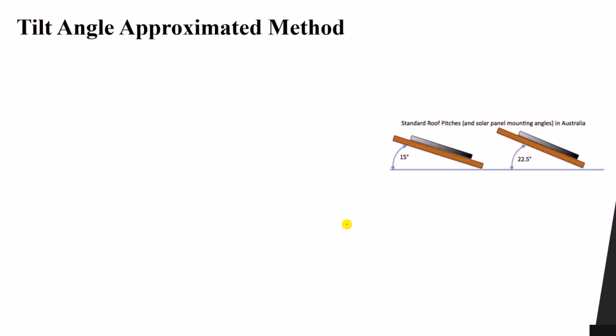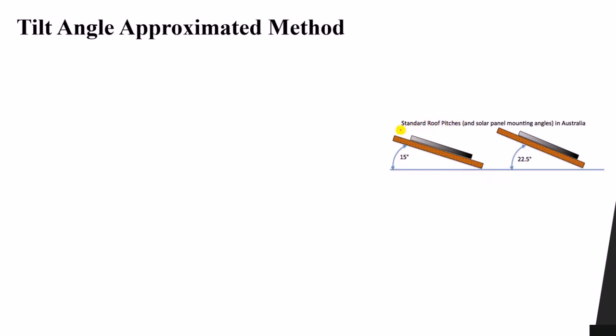Now, how can we obtain the tilt angle? If you search for how to determine the tilt angle, you will find lots of methods, and each method actually gives different values. So there is no one correct solution. Here, this is the tilt angle between the panel itself and the horizontal. When this tilt angle is equal to 0, it means that the panel lies exactly on the horizontal line.